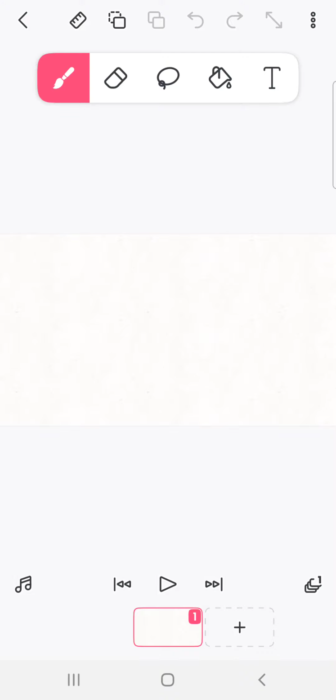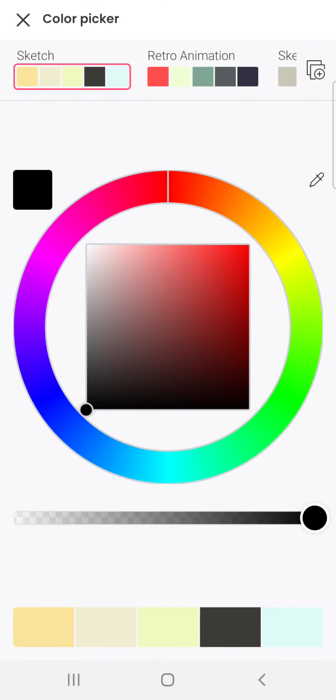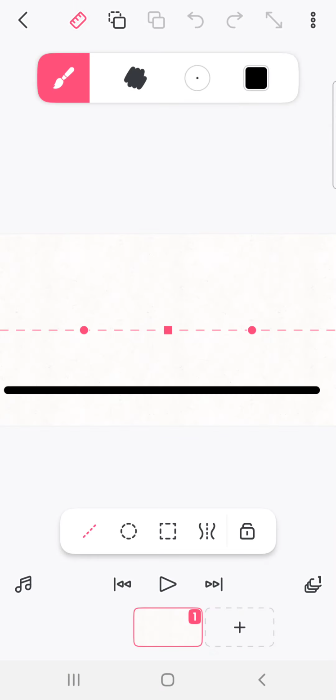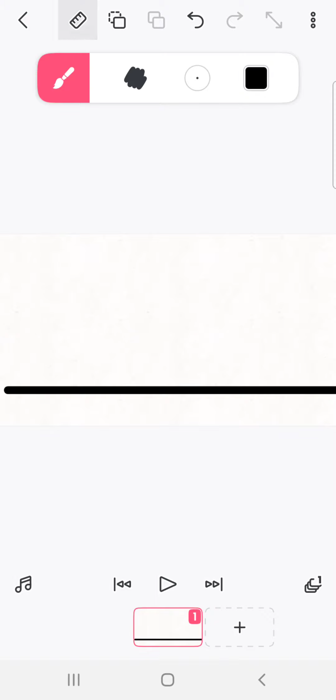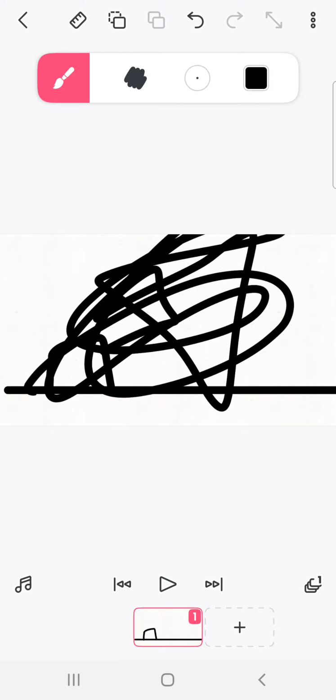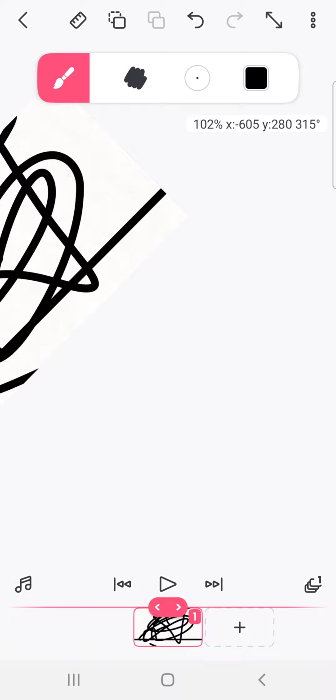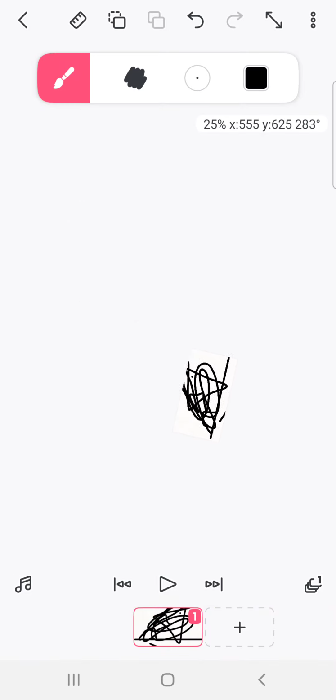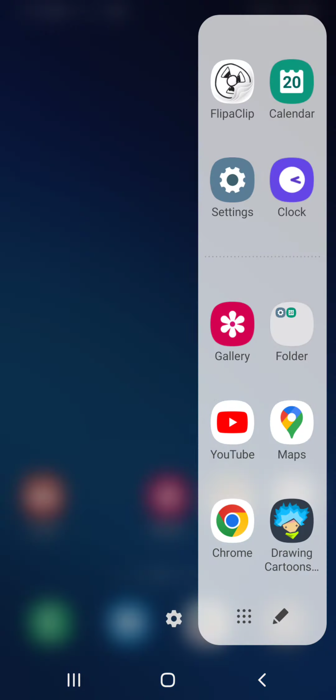So then I decided to try to make a theme, which I actually thought of for a while. And then I finally had it. I knew that this would be a straight line. So I just did a little bit of that, a little bit of that, a little bit of that. And then I realized I don't like making animations. So then I decided to get another app.